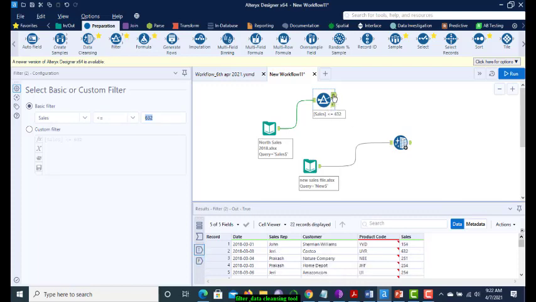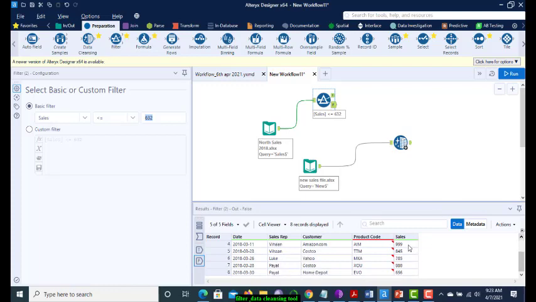In the true output, all the sales data is less than or equal to 632, such as 154, 632, 251, and the rest of the data not meeting the criteria comes out of the false anchor.